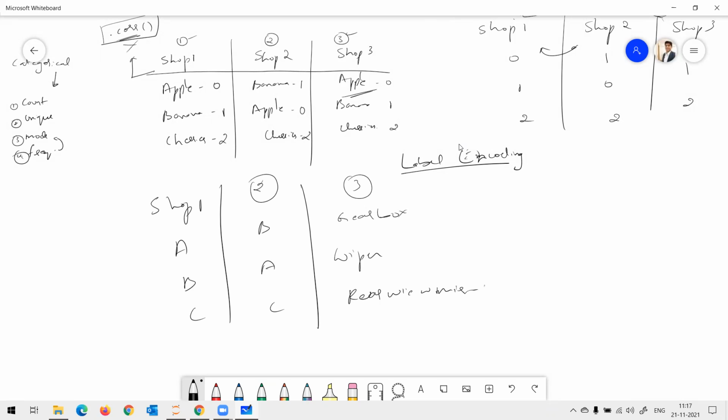Now, does it make sense to convert them into numerical and see which shop has a higher correlation? Can I find the correlation between 1 and 3 and 2 and 3? Technically, I can find, but does it make sense? No, right? So I can apply the concept only when I have columns which are similar in nature.